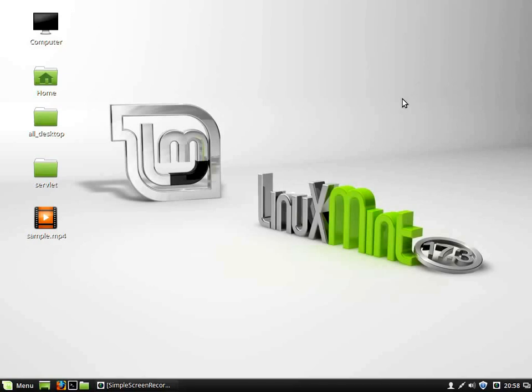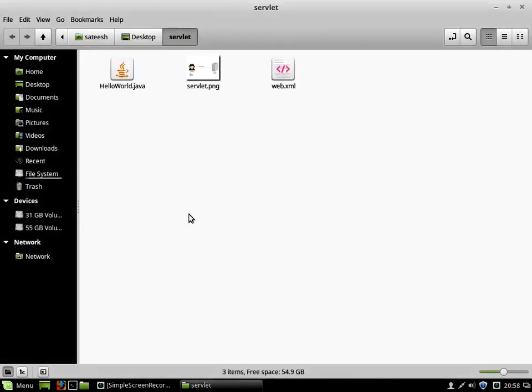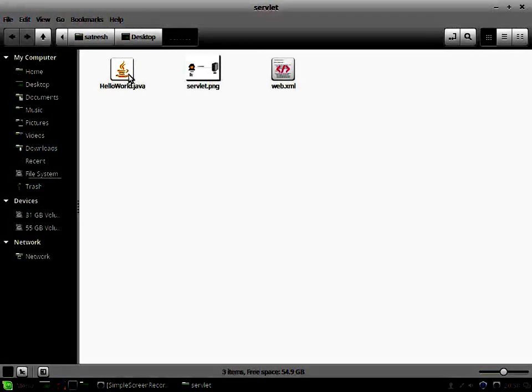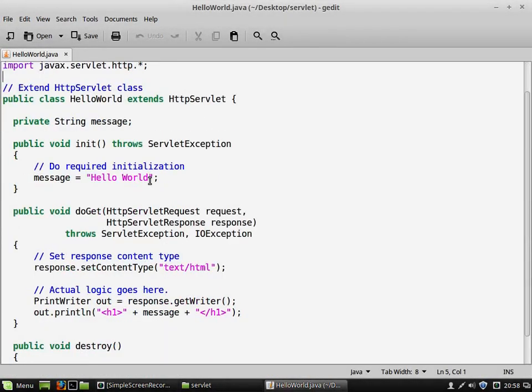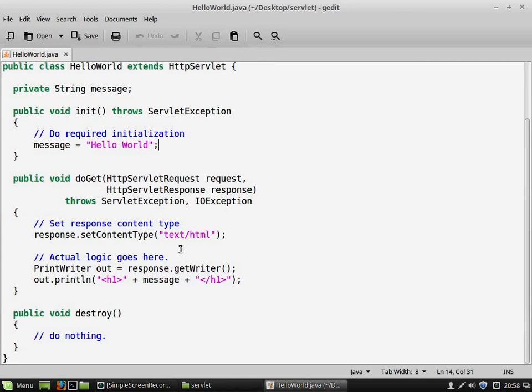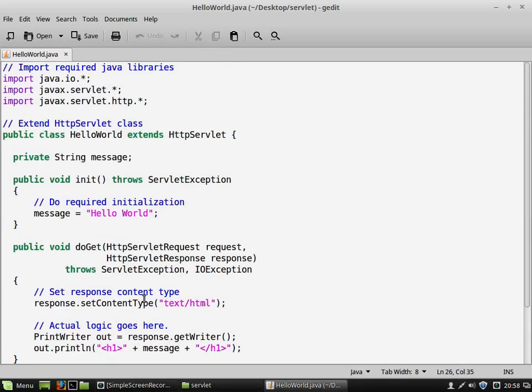Before we get into the experiment, I need to tell you something that is very important. Look at this file, a simple Java servlet, where I've used only one method, the doGet method. In the init method, I have taken one variable called message. I have initialized the value hello world. In the doGet method, I am just printing the content of the variable message. Inside message, as there is hello world, when I execute this particular program, I should see hello world on the browser. Not on the console output screen, on the browser.